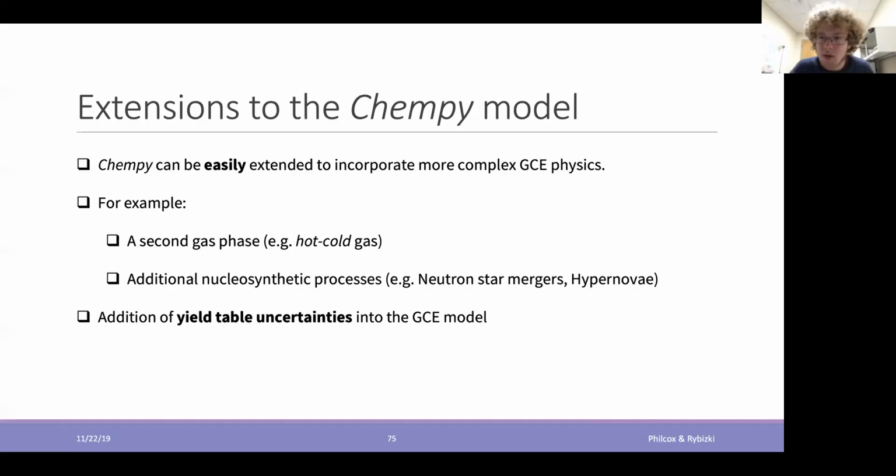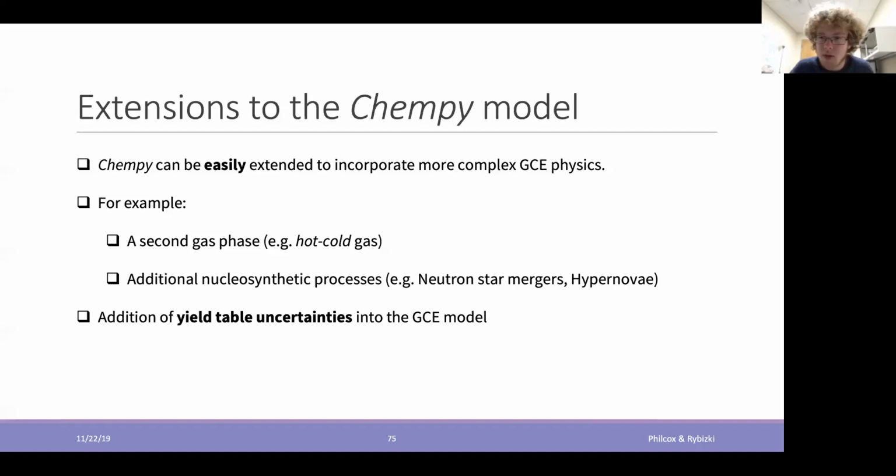And then also I wanted to ask, because I saw those papers that are now giving stochastic uncertainties on yield tables, and I'm not quite sure how to implement this in galactic chemical evolution models, because to me that's a methodological problem.